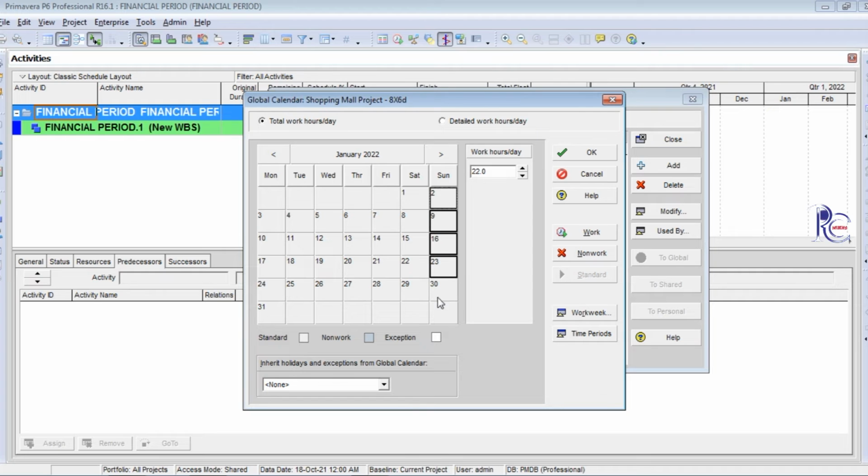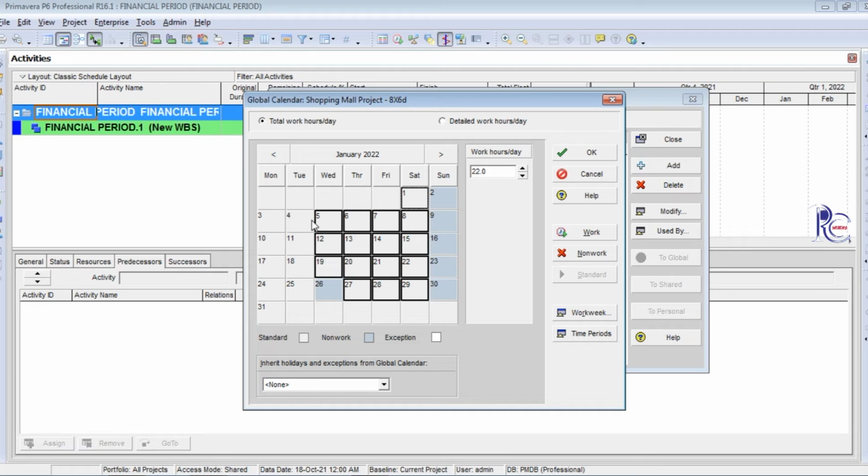Select all the Sundays in this month and set them to non-work. 26 also I select and give non-work because that is a leave day, that's why I choose non-work. Then I select the other days and set them to work.